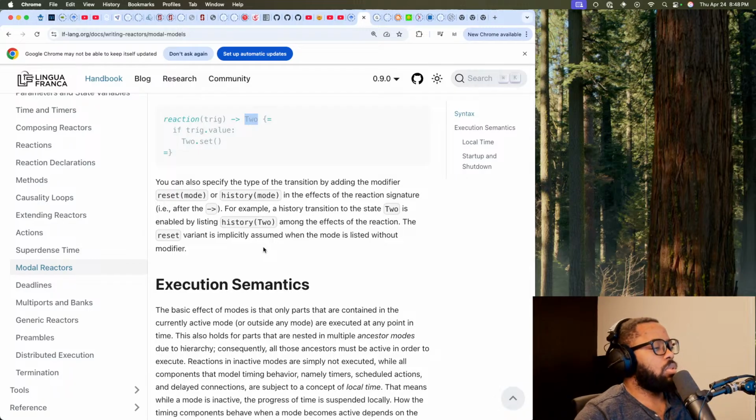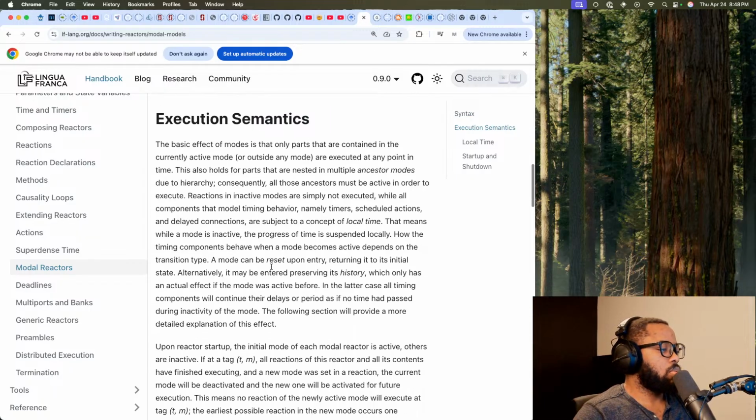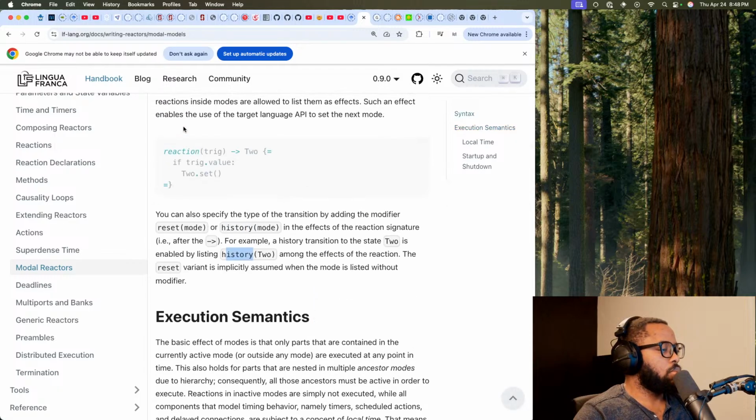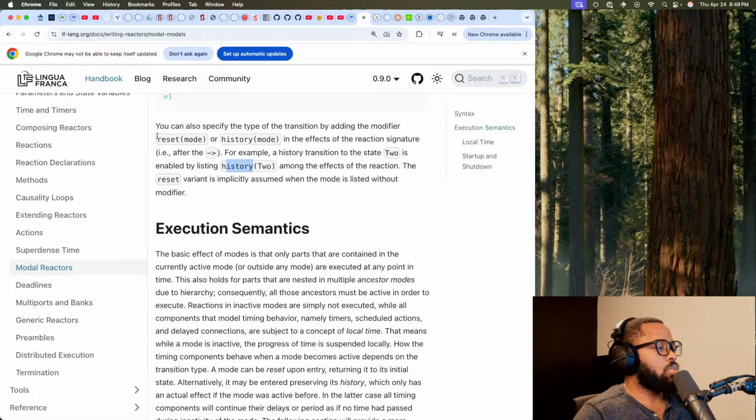But what does history mean, though? Are we going to go through that? I guess reset means you're resetting the state of the mode.